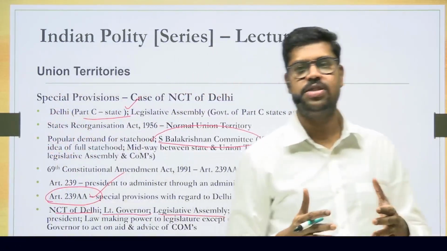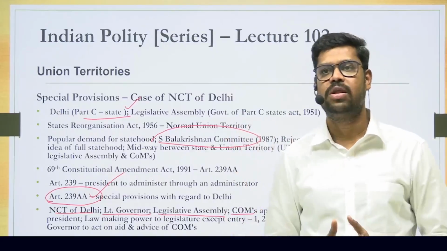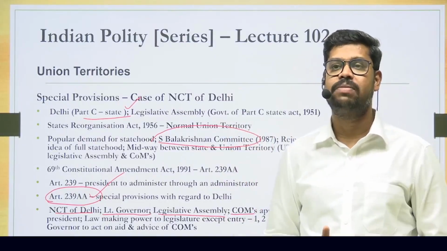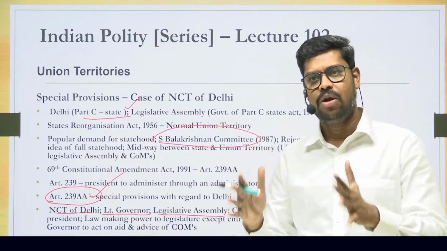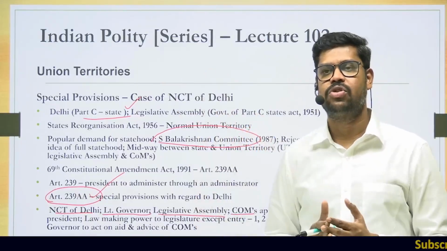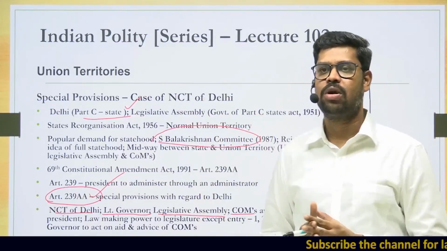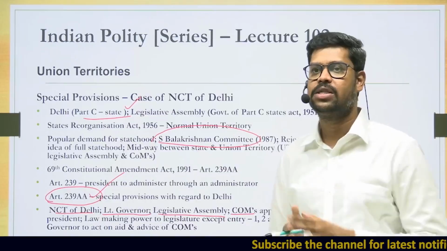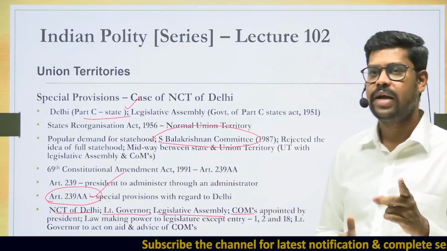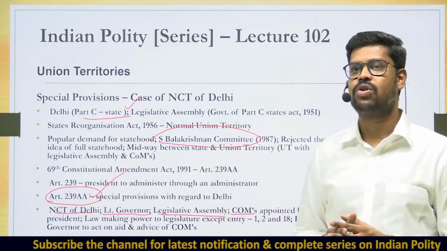And because the Legislative Assembly of Delhi is a legislative body, the Legislative Assembly was also empowered to make laws on all the items in the state list, but not completely in all the items, subject to some exceptions. While they can make laws on all the items mentioned in the state list of the 7th Schedule of the Constitution, they cannot do so for items number 1, 2 and 18. So what are these items? Item number 1 corresponds to what is called as public order. Item number 2 corresponds to police, and item number 18 corresponds to what is called as land.